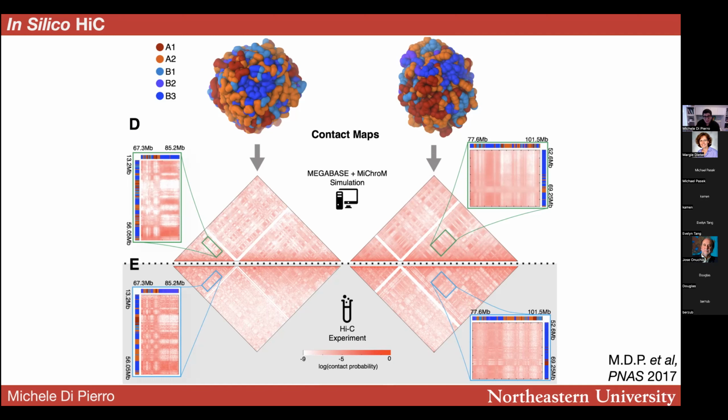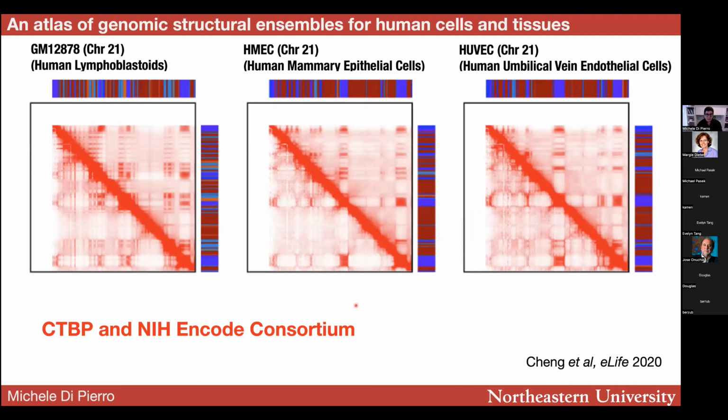The two maps are very, very well correlated. The compartmentalization patterns are very well reproduced. And this is for a single human cell line. And then we started looking in different human cell lines, like can we predict the conformation of all human cell lines? And here you can see 3 human cell lines, for example, and it's the same chromosome, it's chromosome 21,